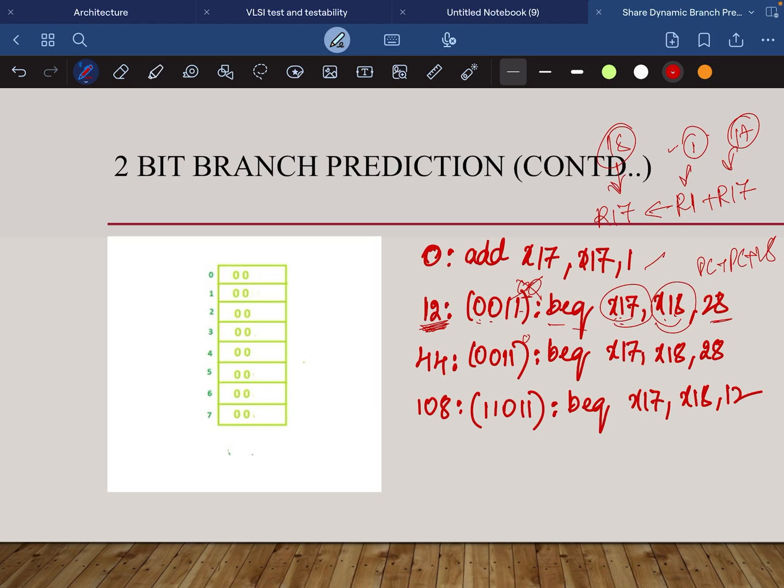Since the branch history table has 7 locations, the last 3 bits are used as an index to access this branch history table. Since this address is 3, so it goes